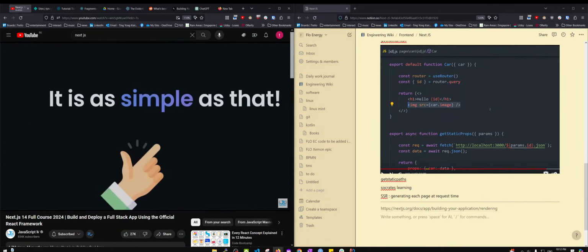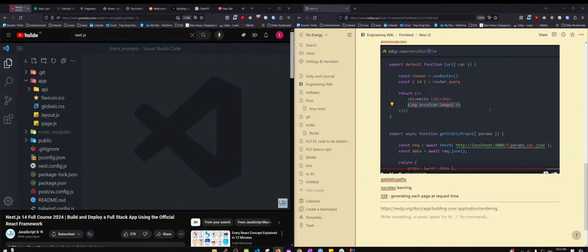It is as simple as that. Now, let's focus on Next.js's routing system. All you need to do to implement the routing in Next.js